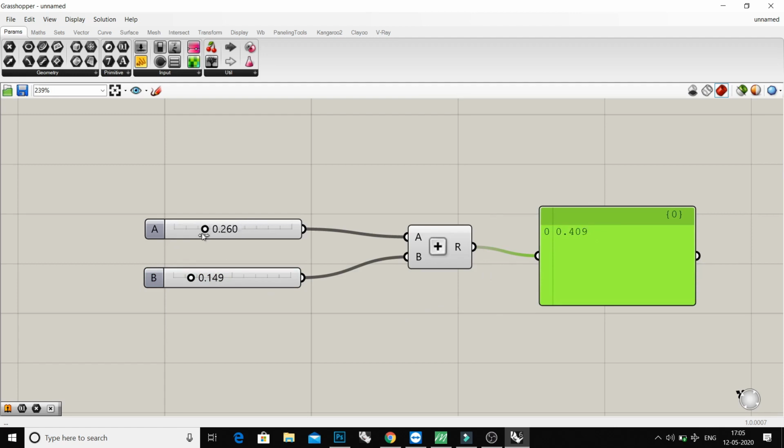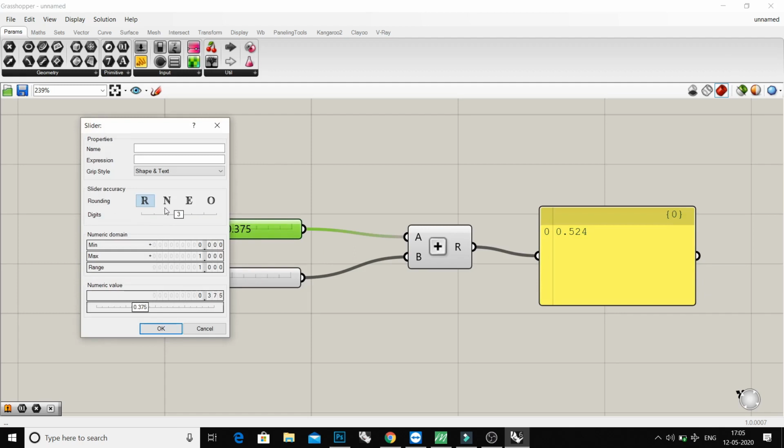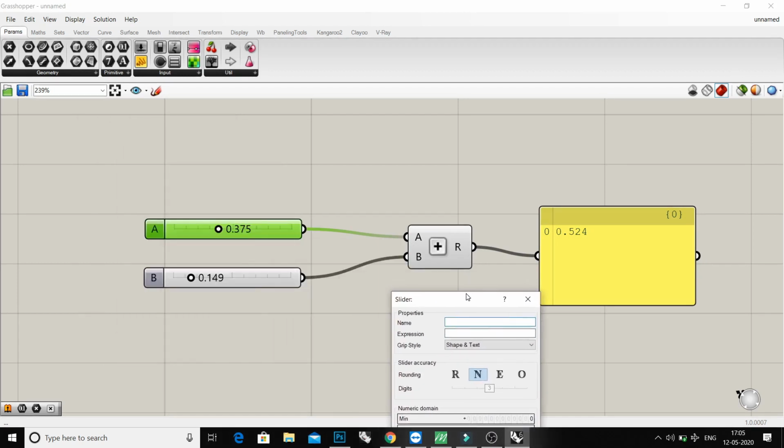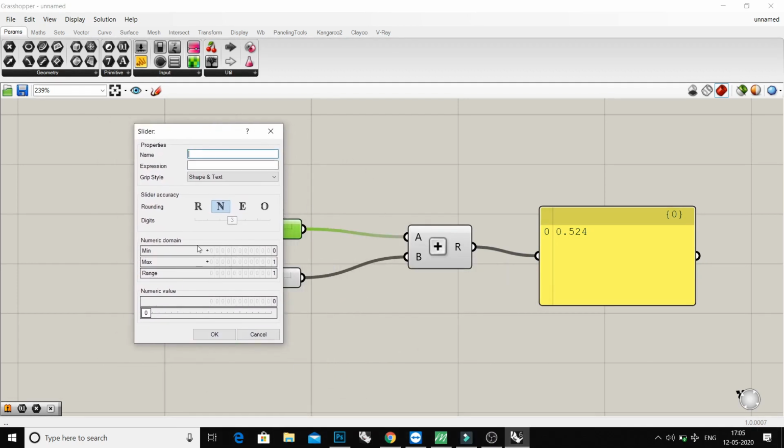This number is not a real integer. If you want to convert this number to an integer, just double click on this and go to integer. Also you can rename your slider whatever you want. I want the default, like A and B, and you change the minimum value to 0 and the maximum to 100.